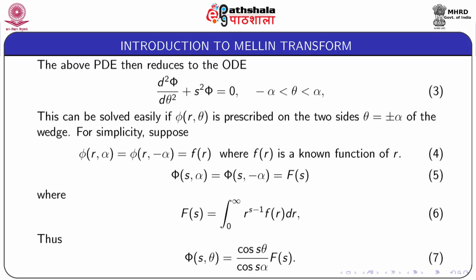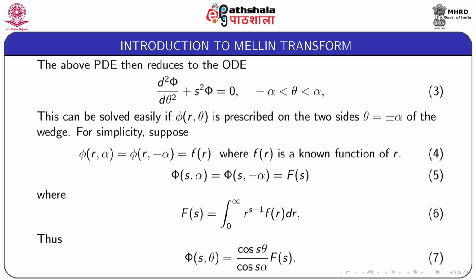So, using this condition we solve equation 3 and the solution is given by equation 7, that is capital Phi(s, theta) equal to cos(s theta) by cos(s alpha) into capital F(s), where capital F(s) is given by the integral of r to the power s minus 1 small f(r) dr, and capital F(s) is given by capital Phi(s, alpha), which is equal to capital Phi(s, minus alpha),